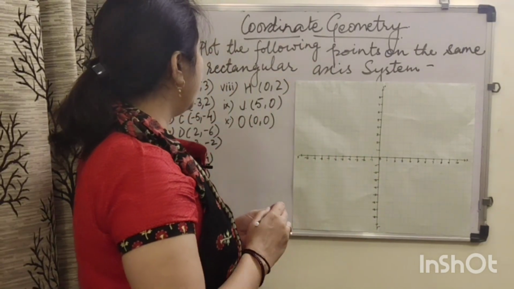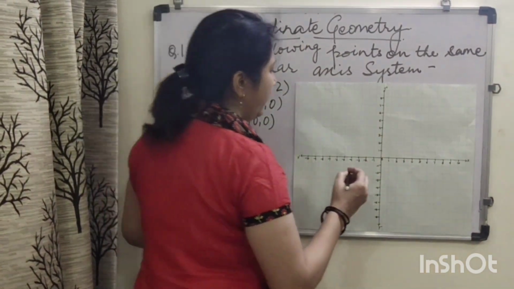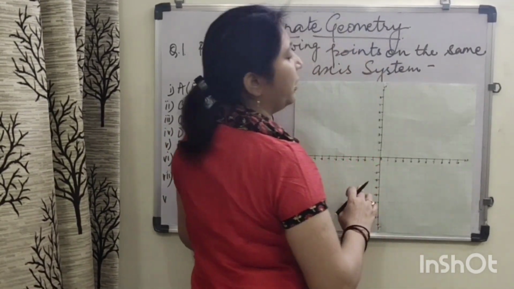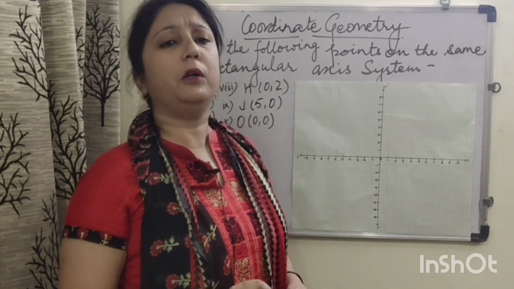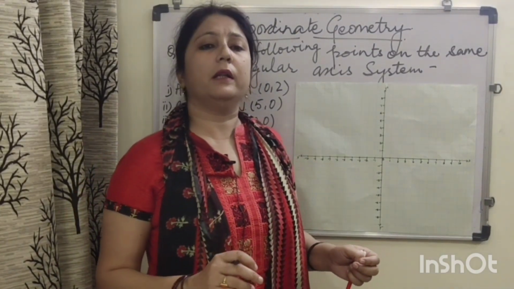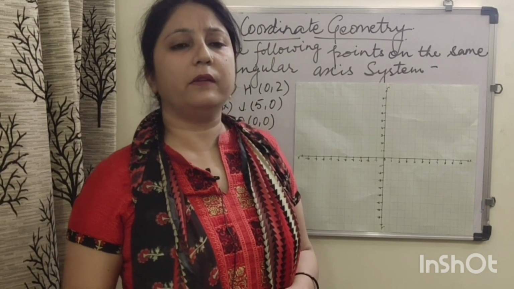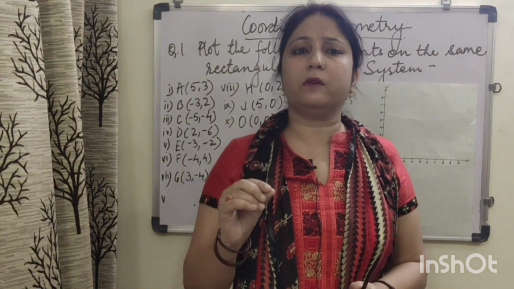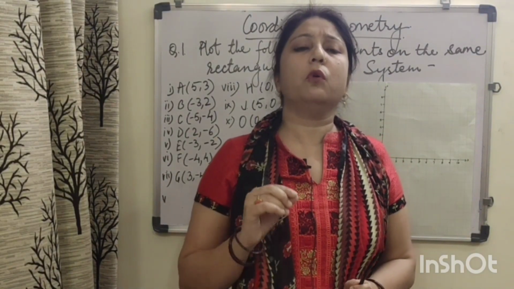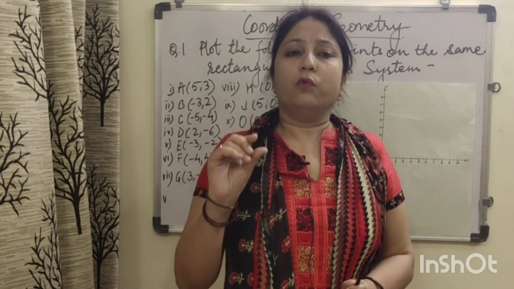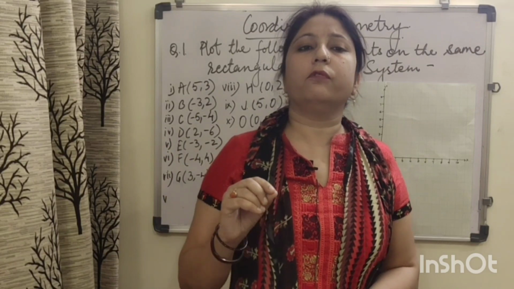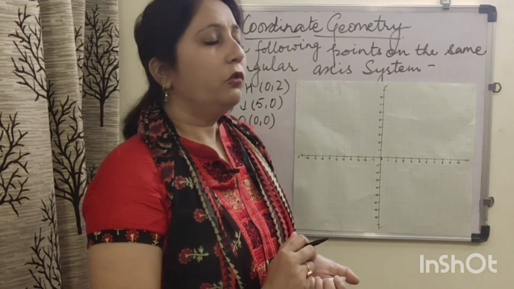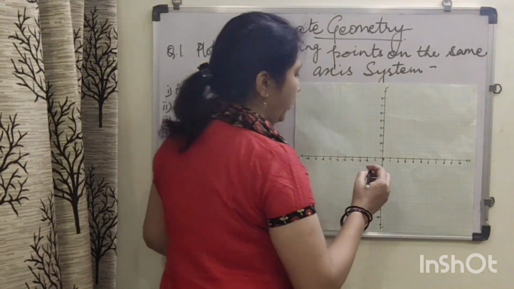So when you are going to locate (5, 3), here I have marked distances at 2 centimeters so that it is visible to you where I am locating the points. I have not taken unit distances because 1 centimeter is a very small distance to show you in a video. So I have marked 1, 2, 3, 4 at the distance of 2 centimeters, likewise on the y-axis.